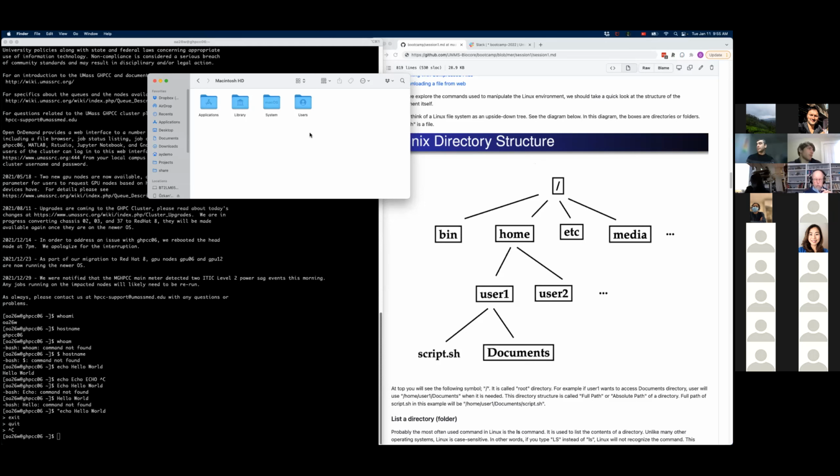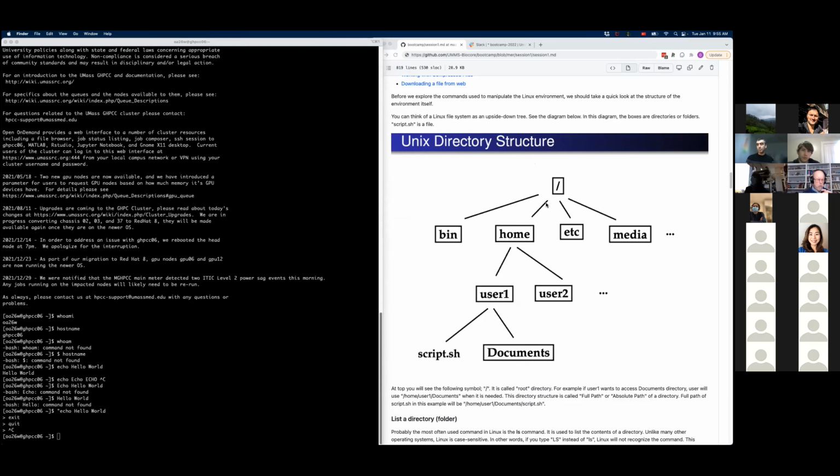And the hard disk, so to speak, or the base directory is called the root, and it's represented by a / character. And every directory has a specific name, just like the folders on your computer. Directories can have directories underneath them or files.